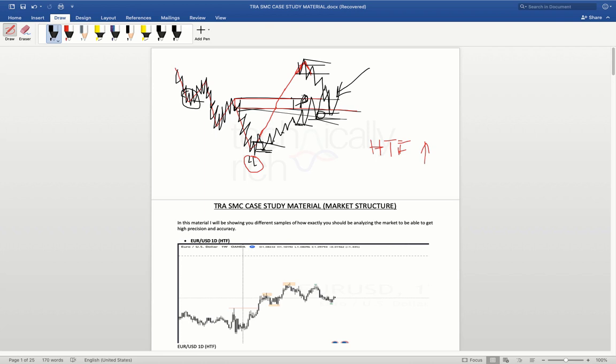You get what I mean? You're going to have a break of structure. Let's say something like this. So you're going to have this break of structure here, which now turns the lower time frame, or the intraday, to bearish. But you know that the intraday is just bearish for a short time, unless of course it breaks this previous low. Okay, so you know that overall you are going to be